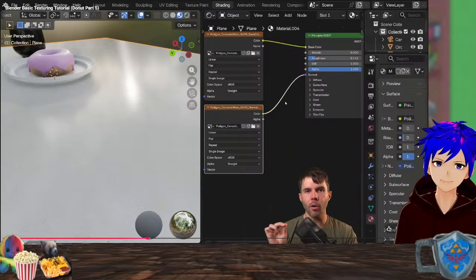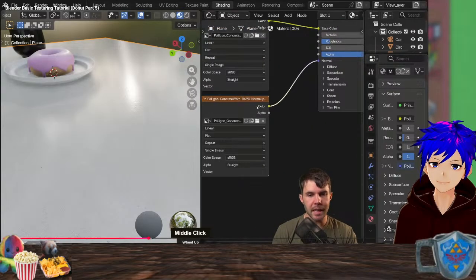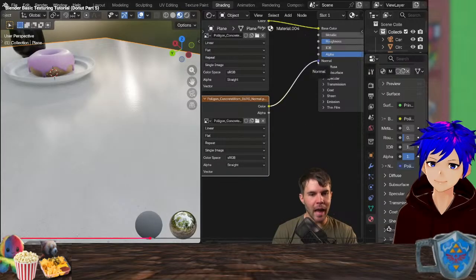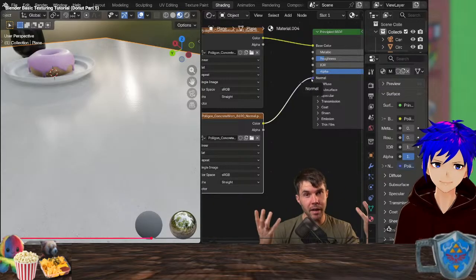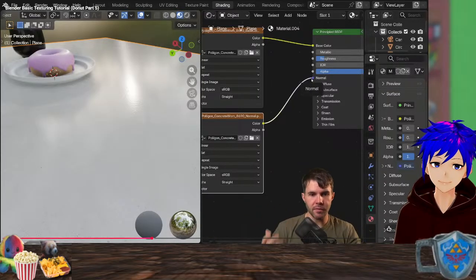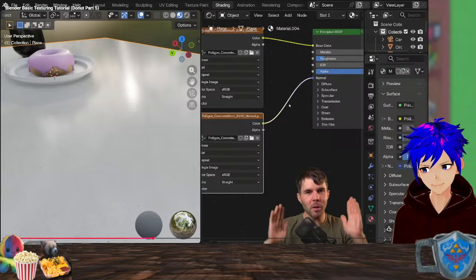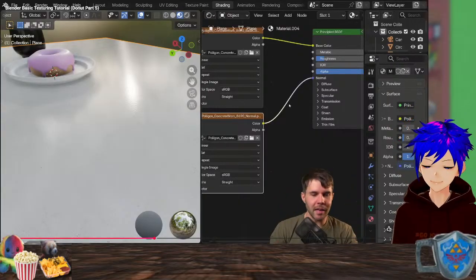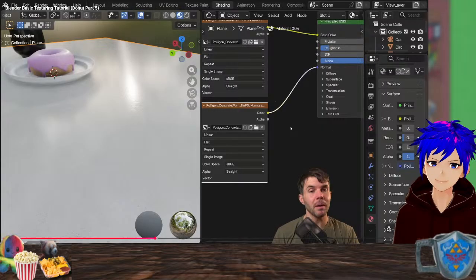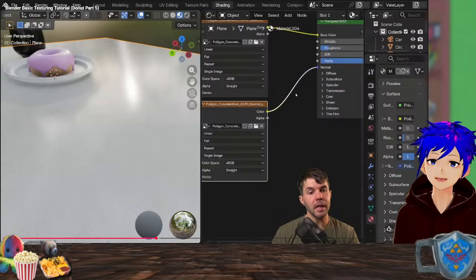But this is actually the wrong. It's partly the way to connect something, but we need to do something else. First of all, you can see that between here and here, whoops, we've gone from a yellow input to a purple input. Now, it's okay to go from yellow to gray because gray just means grayscale. So you can go from color information to gray information. That's fine. But normal is like vector information. Without getting technical, the normal is the way the faces, like that invisible line of the faces, and this is like faking which direction each of those pixels has. But basically, we need to add something between here and here to convert this from color information into vector information.